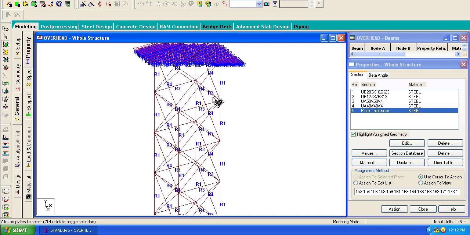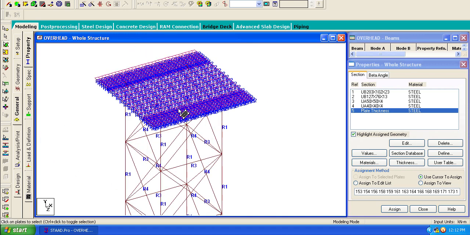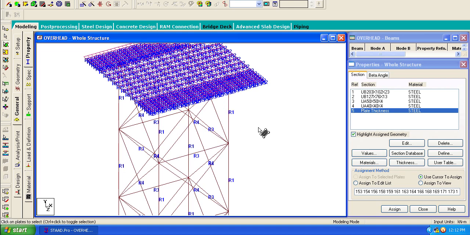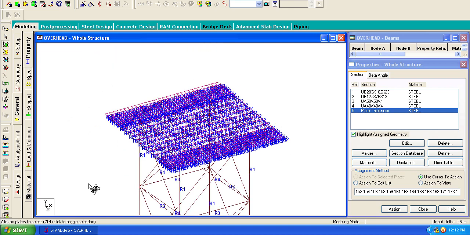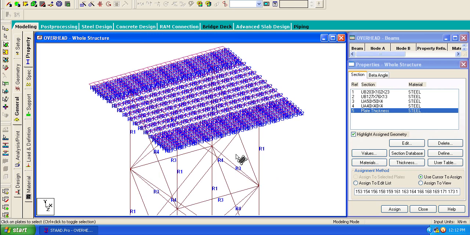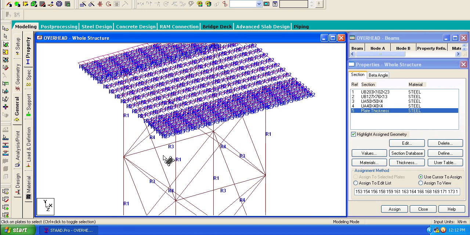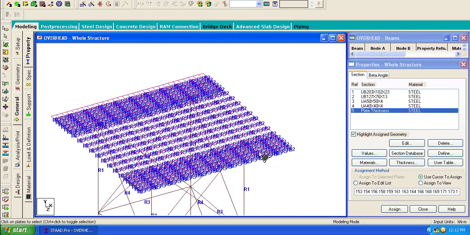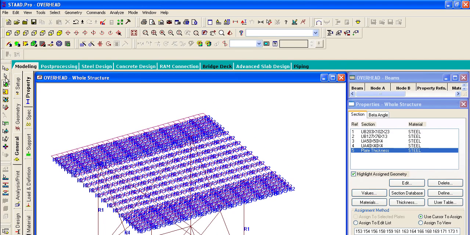Alright. If you watch, the mesh broke up both the primary and the secondary beams, which means if you should load it this way, load is gonna be transferred to both the primary beams and the secondary beams, and we don't want that. We want the load to go to the secondary beams, and then for the secondary beams to go to the primary beams. The most effective way of achieving that is to merge the primary beams at the points where the mesh have broken them. To achieve that,